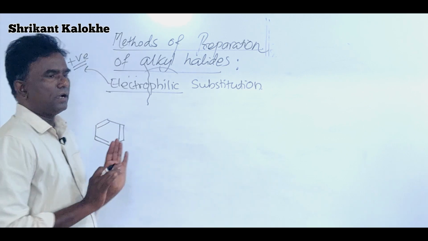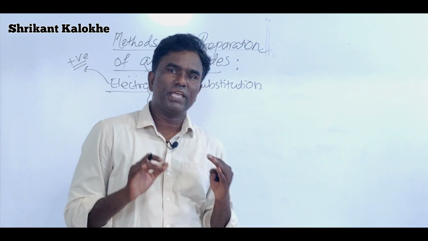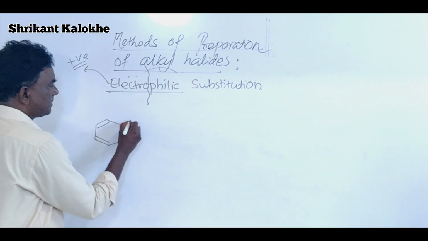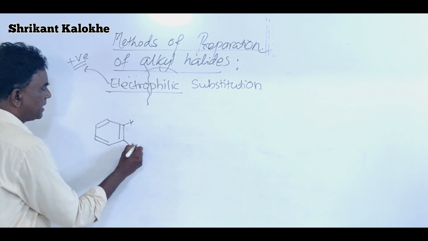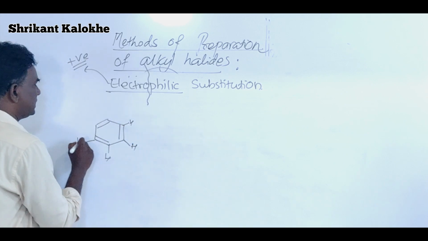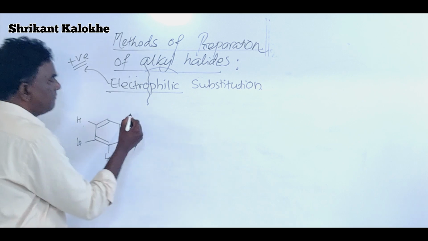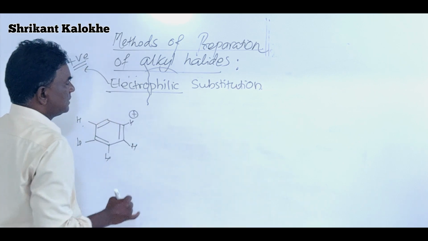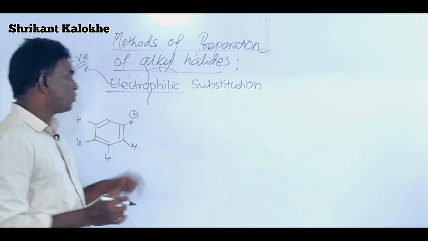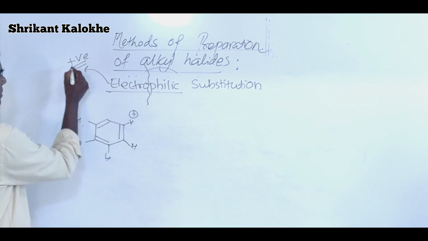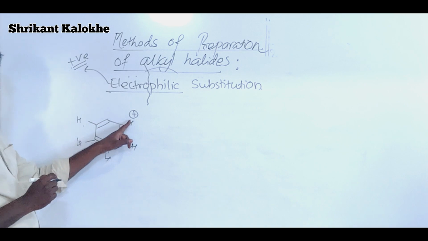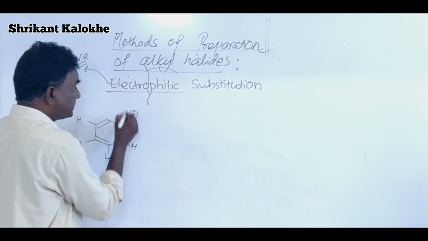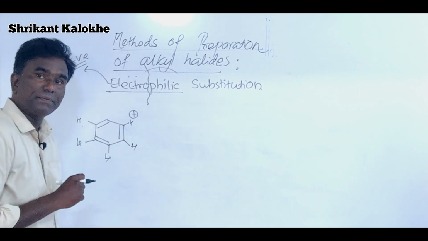and on any aromatic system, if anything is to be substituted, then obviously it has to be substituted by removing H on that aromatic system. And when H plus is removed, it gets removed like H plus. Therefore, H plus, which is positively charged species, and therefore its substitution is known as electrophilic substitution.